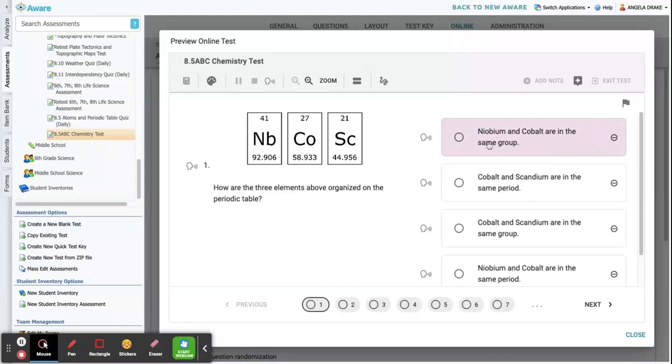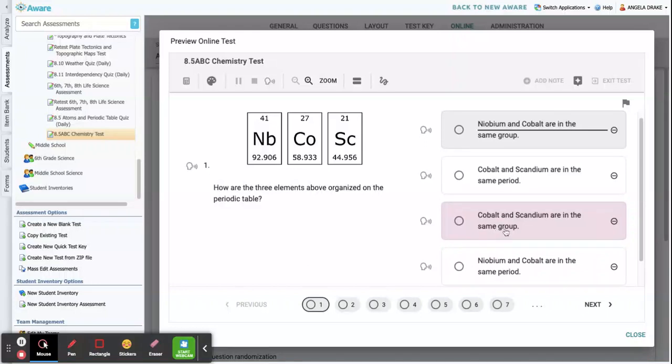So it says niobium and cobalt are in the same group. Well, none of them were in the same group when I'm looking at my periodic table, so I can cross that one off. Cobalt and scandium are in the same period. So remember where I said I already looked, and these two were in the same period, so that's a possibility. Cobalt and scandium are in the same group. Well, they are not, because groups go up and down and periods go side to side, so this one is